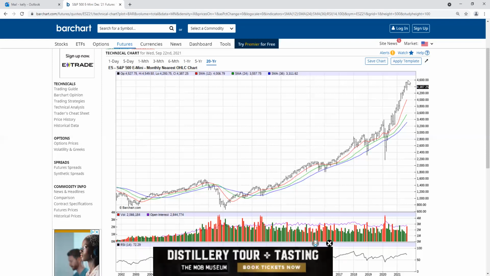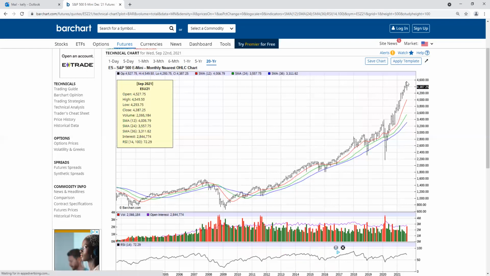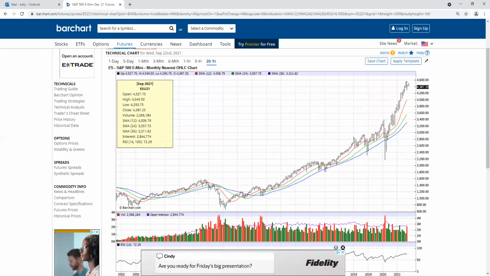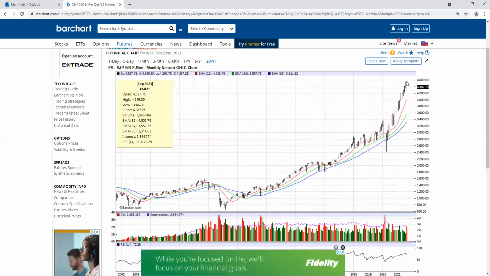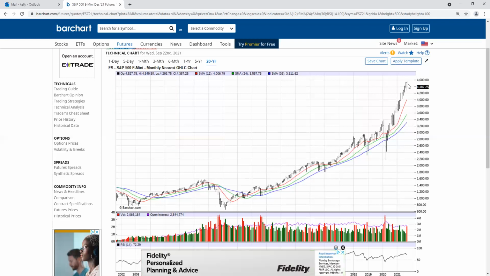And what I see here is a very extended market, an extremely high enthusiasm out there. A lot of people who've come into the market in the last year. And with this type of formation, I mean, we're going back 20 years here. You see anything that even looks like it? And these guys are talking about removing accommodation. Okay. And so is the ECB. So again, this is why they have to be gradual with tapering. Because could you see if they were aggressive with tapering, the type of down move you could get?